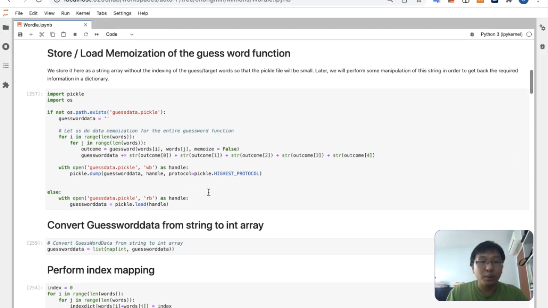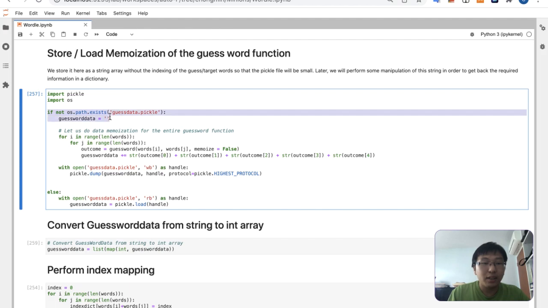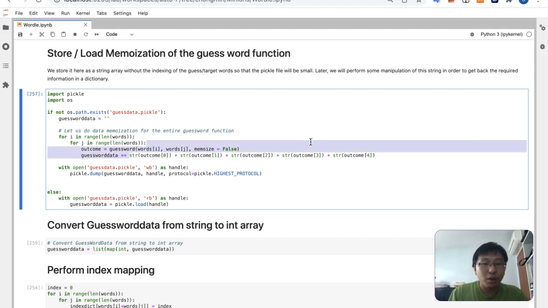In order to do the memorization function, first we check whether this pickle file exists. If it doesn't exist, then we generate the memorization. We loop through all possible starting words and guess words, and run the function with the memorize parameter as false. Then we put all this outcome